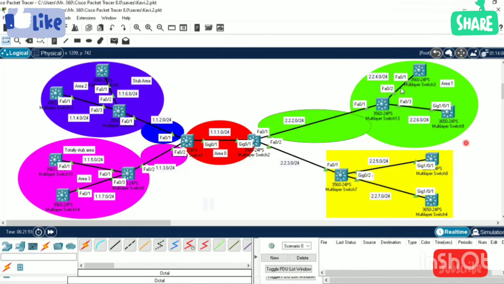The standard area is receiving updates from the backbone area. The stub area receives updates of the standard and backbone area from the backbone area. The totally stub area will not receive any updates from outside, it only receives updates inside the area. So these are the differences between standard area, backbone area, stub area, and totally stub area.